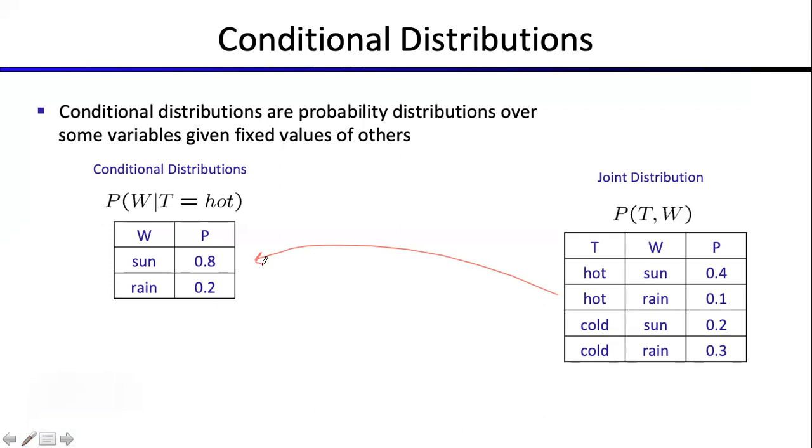के लिए फॉर्मूला लगाना है for W equal to hot, और फिर आपने वही रिपीट करना है for W equal to sun and for W equal to rain. तो दोनों को अलग अलग करके कंडीशनल प्रोबेबिलिटीज आप उनकी निकालें, पुट देम इन अ टेबल एंड दैट वुड गिव यू द कंडीशनल डिस्ट्रीब्यूशन,